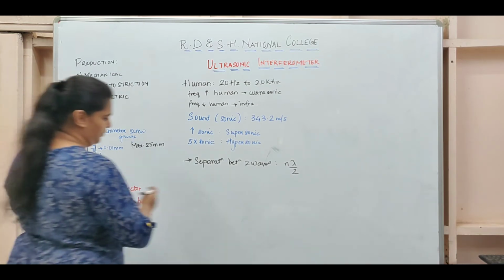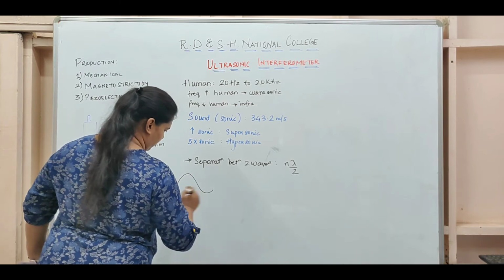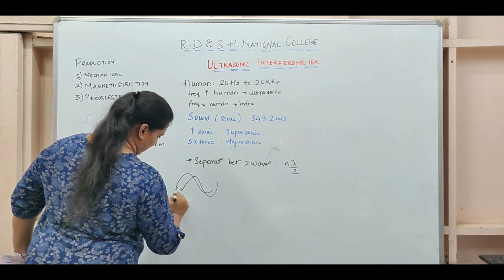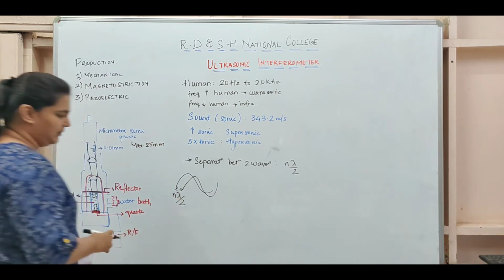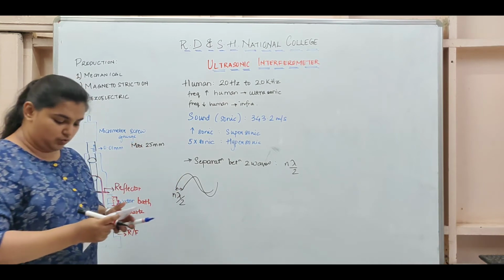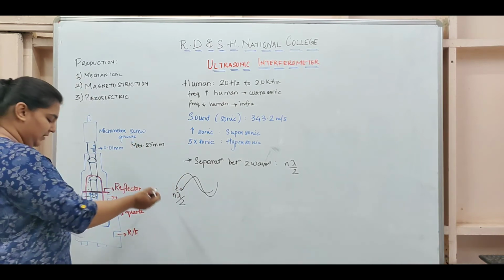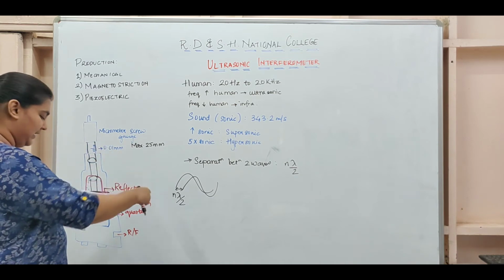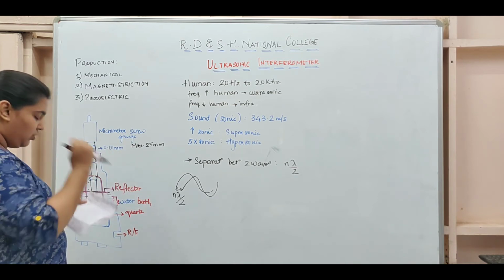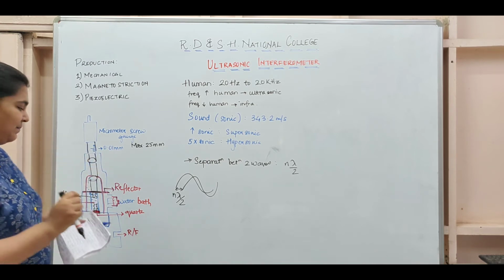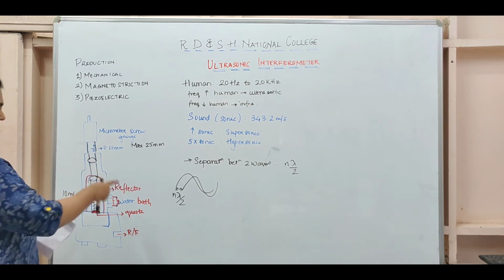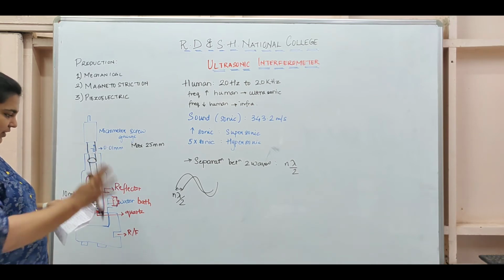So when you are superimposing the two waves, suppose this is one wave and this is the other wave. This separation is exactly an integer multiple of lambda by 2, the integer being 1, 2, 3 or -1, -2, -3 and so on. These standing waves produced with the exact integer multiple of lambda by 2 cause acoustic resonance. Now this acoustic resonance gives us, as I already told you, maximum amplitude on your waves.